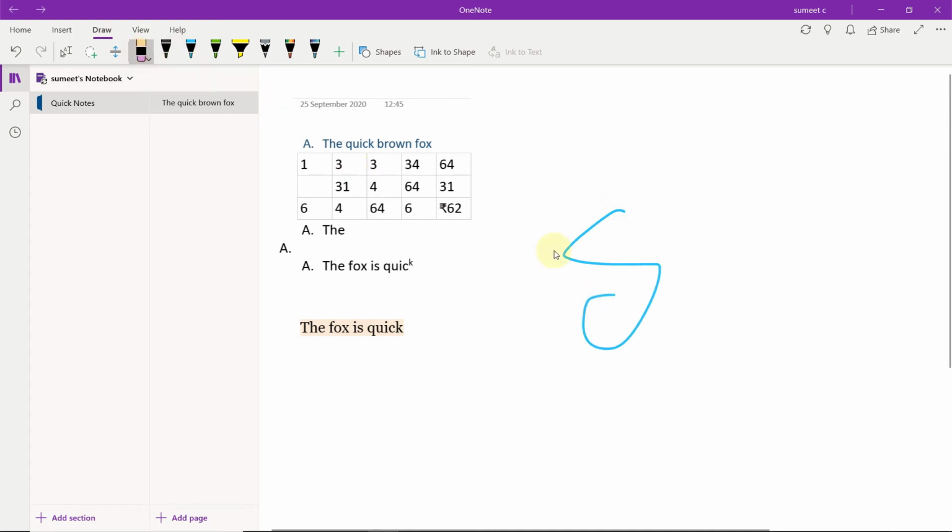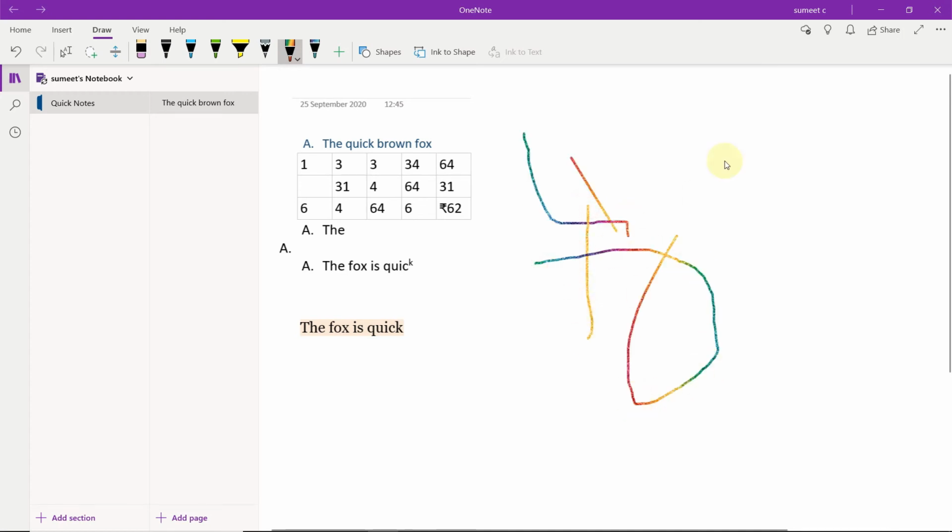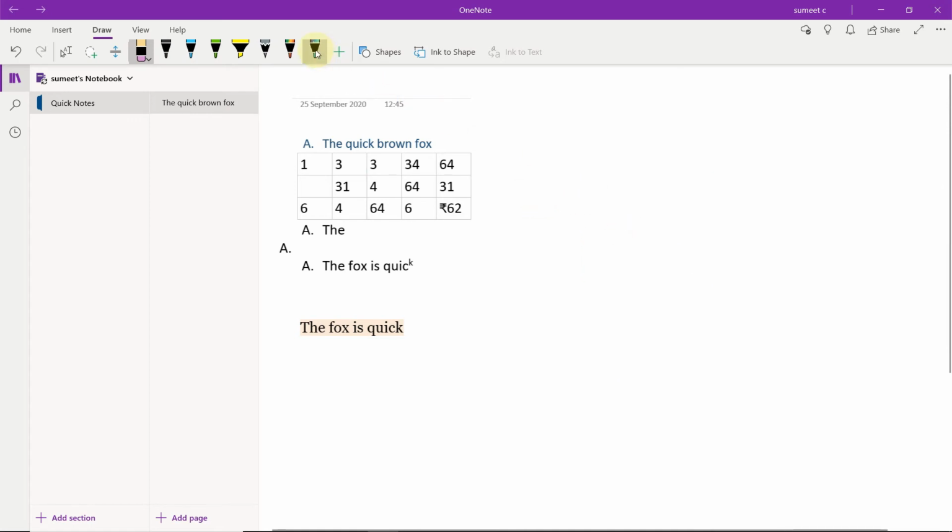Okay, so now I think this feature would work better if you are using some iPad or some Samsung Galaxy tabs and all, because in laptop version it is very difficult to write using the mouse. So for the tab users, OneNote would be quite better to make handwritten notes.